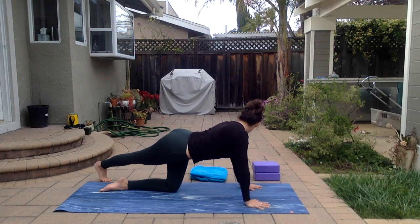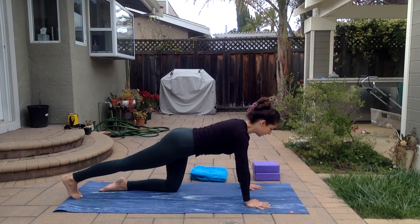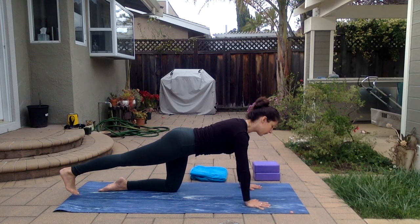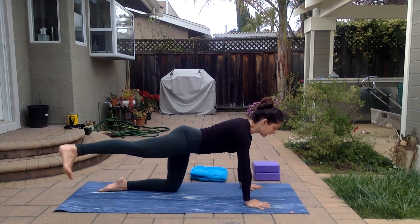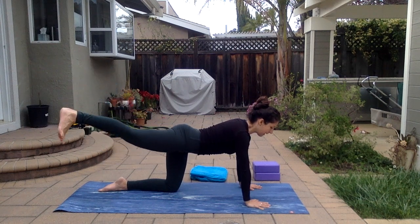From here, we'll draw that right foot crosses. So you're going to take the right foot over to the right, up, and over to the left. And again, bringing it back to the right,